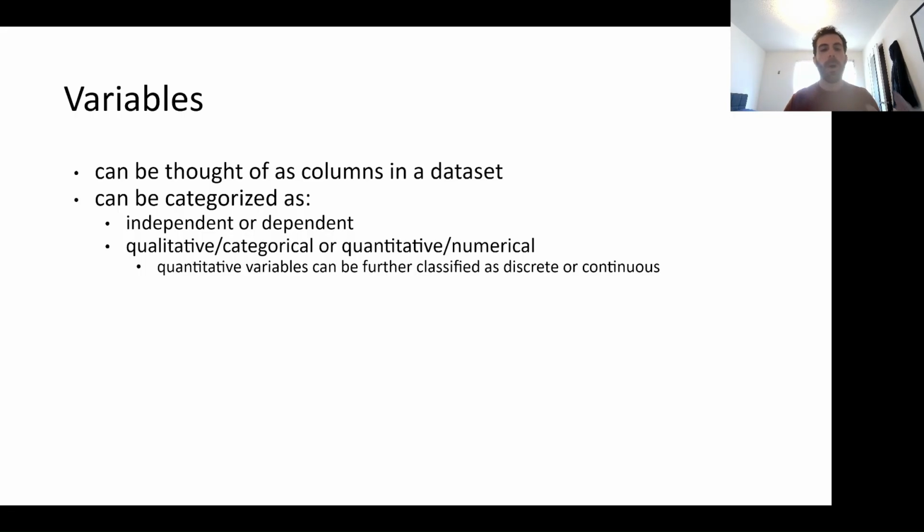So one categorization would be independent or dependent. What does that mean? Well, independent variables are assumed to have an effect on dependent variables. And I want to be clear, and some of you may have heard this before. In statistics, generally speaking, the vast majority of the time, we do not examine causal relationships. We say that two variables are related to each other based on some statistical test, but we're not giving a